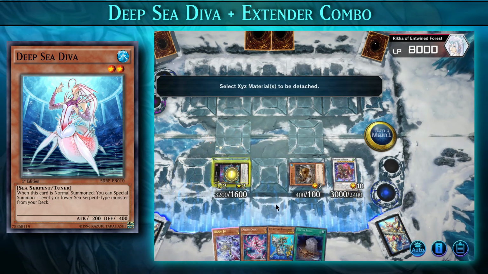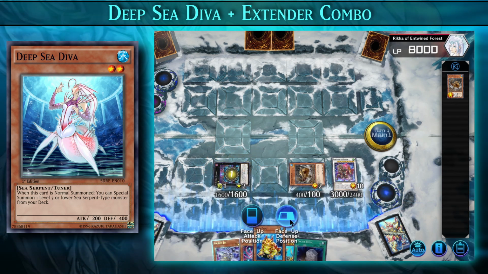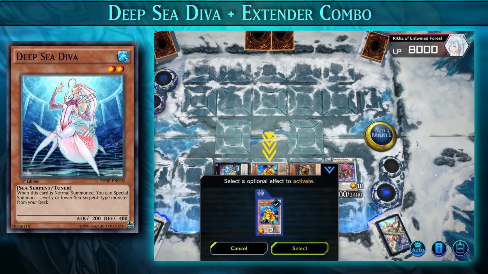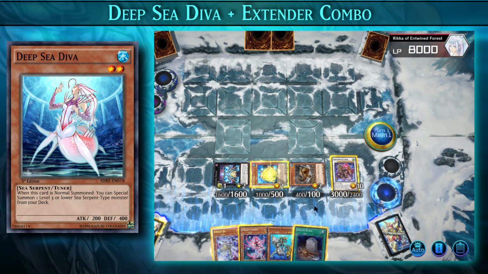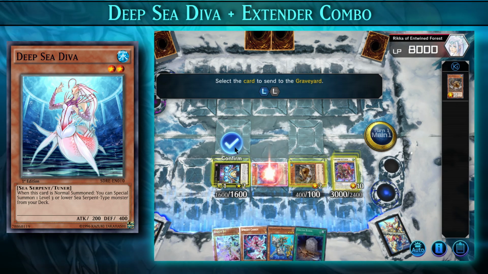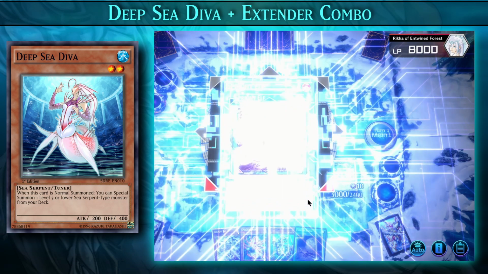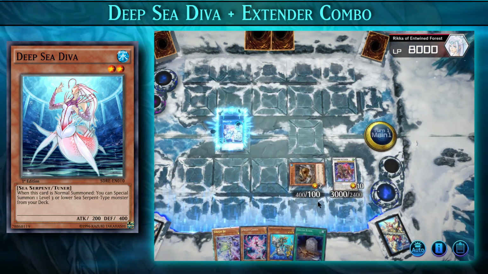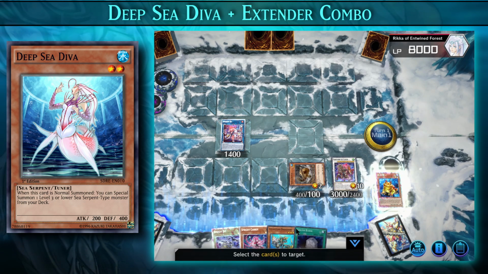We'll activate Gigantic Spright, detaching 1 material to special summon a level 2 monster from the deck. We'll use it to special summon Swap Frog. On special summon, we'll activate Swap Frog to send a Ronin Toad to the graveyard. Now we can link away our Swap Frog and Gigantic Spright into a Spright Elf. We'll activate Spright Elf, special summoning the Swap Frog from the graveyard,